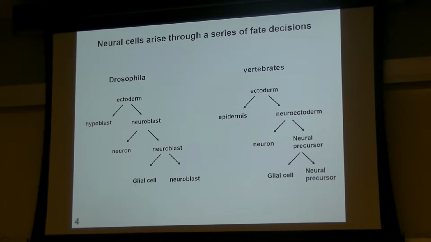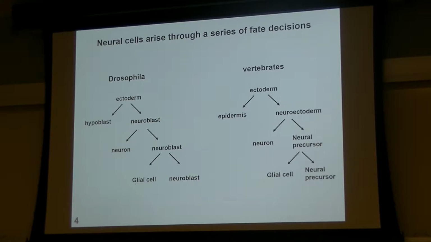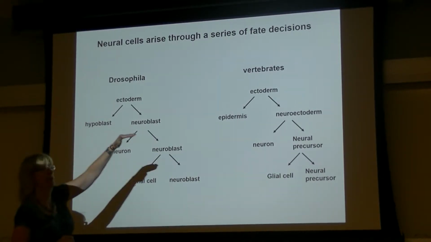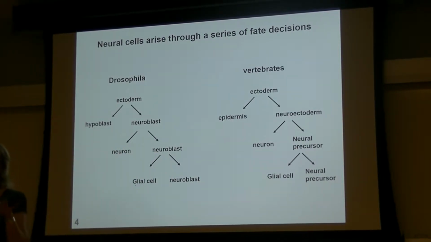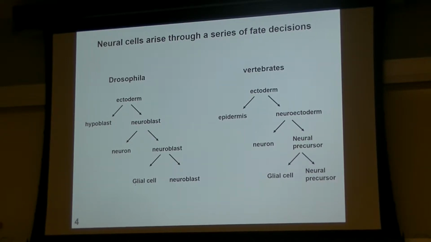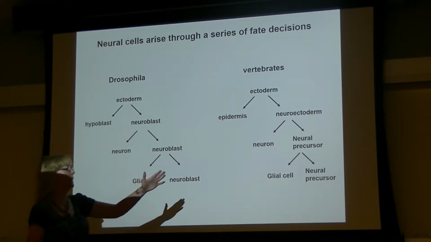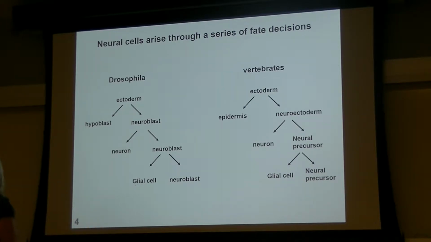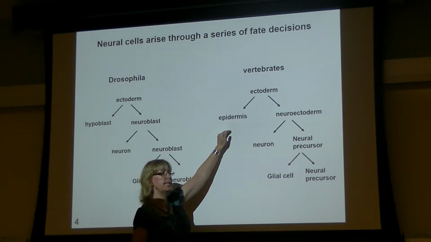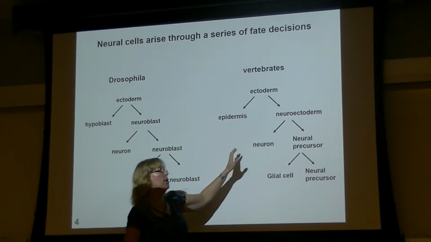Both in Drosophila and in vertebrates, we can, at early stages, point to precursor cells in the ectoderm. So this fits with our theme of ectoderm as a germ layer: what is it going to give rise to? We have some cells there that have maybe been patterned to take on more of a neural cell fate as opposed to an ectoderm cell fate. In the course of this transition, they may go through a couple of different choices along the way. And one early choice is, are we going to become epidermis and some derivative of that, or will we